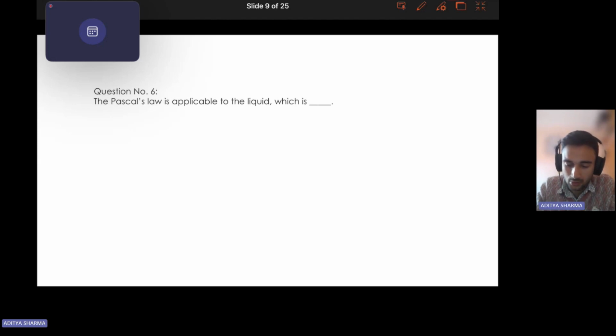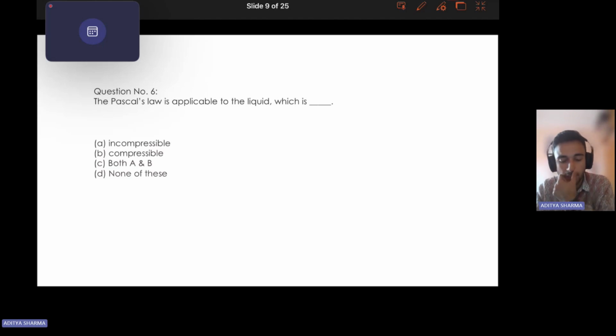I believe we have options related to this question. So yes, we have 4 options. So Pascal's law, as I have already discussed, is concerned with the fluid statics. All right. So Pascal's law is applicable to the liquid, which is